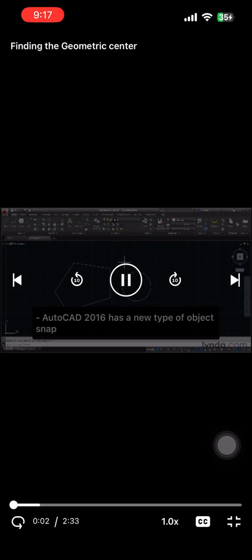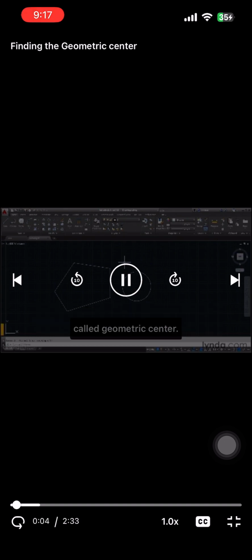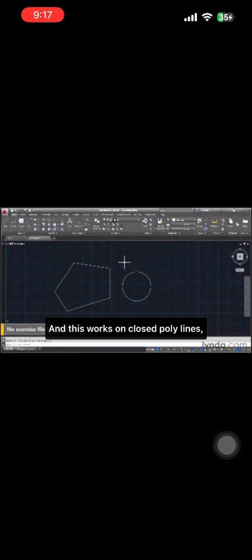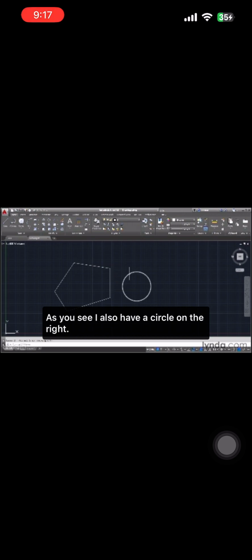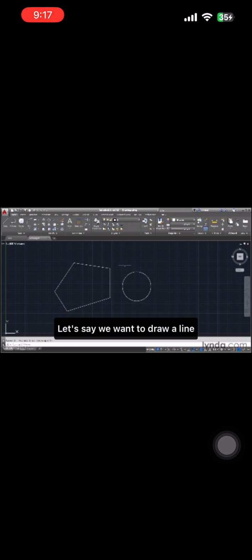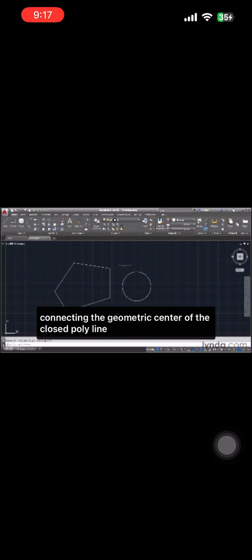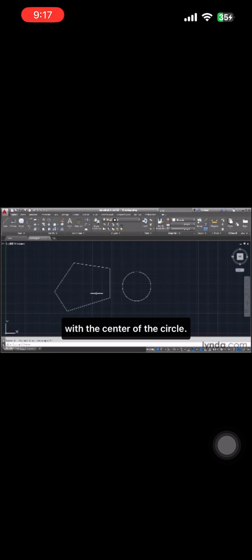AutoCAD 2016 has a new type of object snap called geometric center, and this works on closed polylines, which I've drawn here on the left. As you see, I also have a circle on the right. Let's say we want to draw a line connecting the geometric center of the closed polyline with the center of